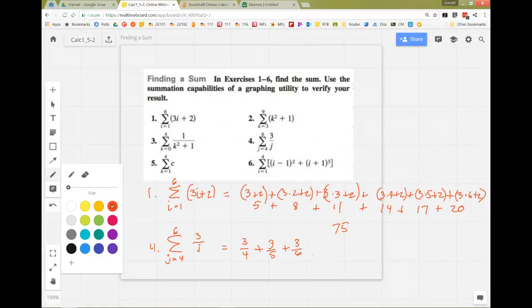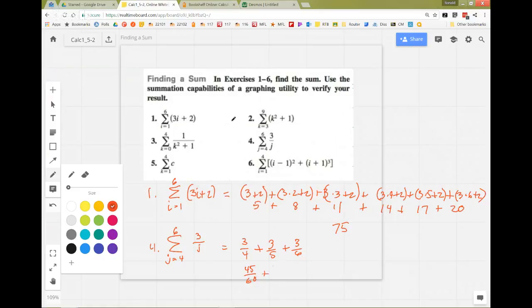Now all we got to do is add those. Uh-oh, this is a fraction problem, and we need a common denominator. What's the lowest common denominator for 4, 5, and 6? I think we're going to have to go with 60. So 3/4, that would be times 15. So we have 45/60